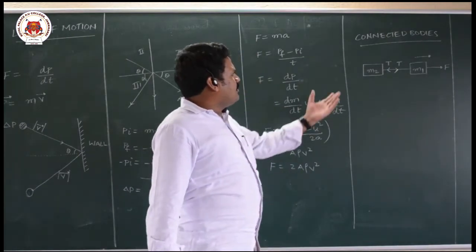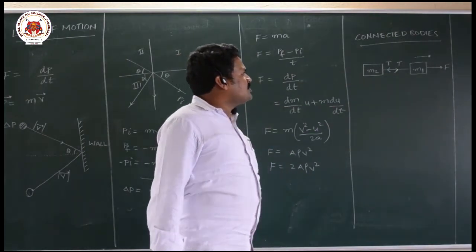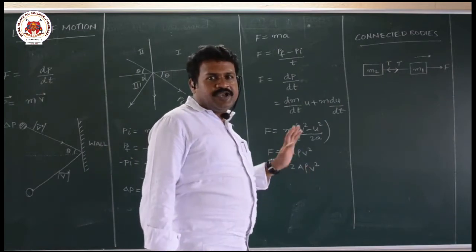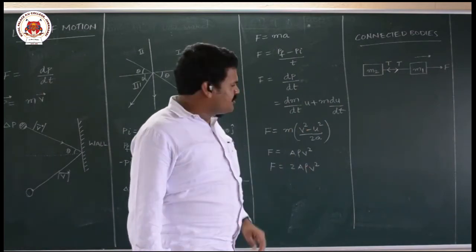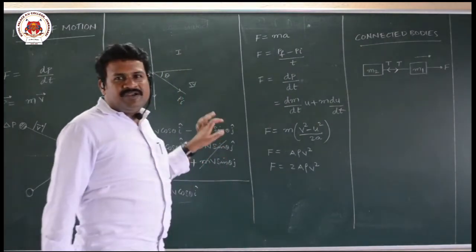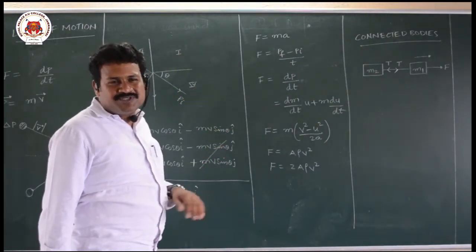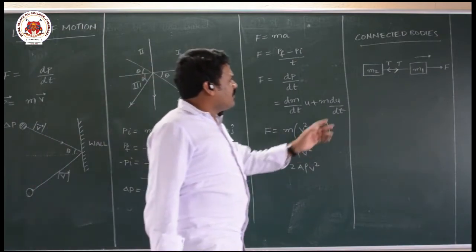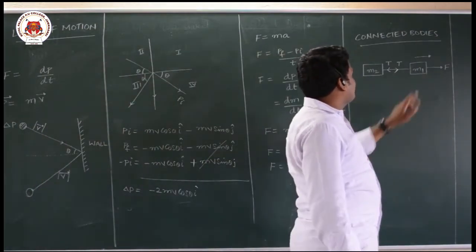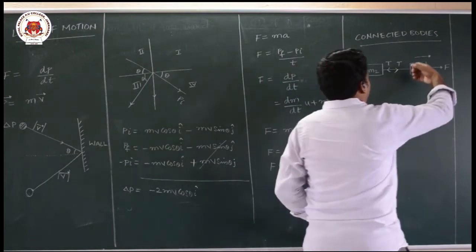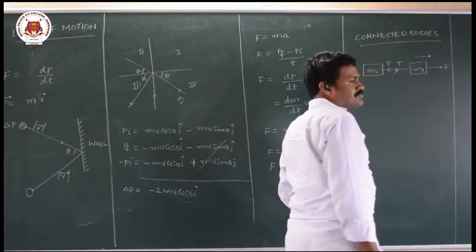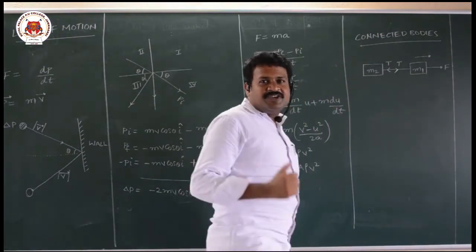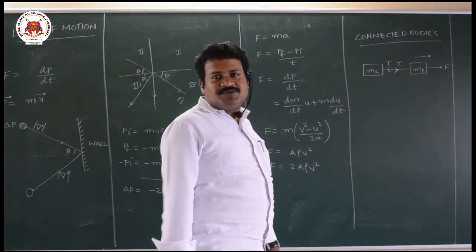So here all Newton's three laws we are applying. The use of Newton's three laws is only to find the forces. So in this chapter what we will find is the address of force: what is force, how to calculate force, what is the direction of force. So here when I apply force F on m1, m1 pulls m2 with tension T, and similarly m2 is having inertia, so it gives opposing force.